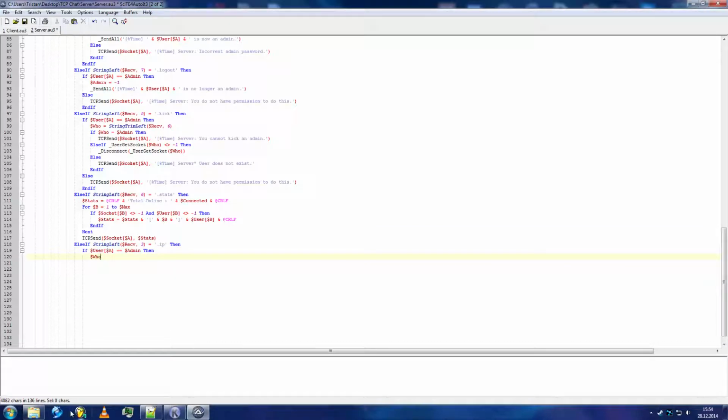So if the user is an admin, we want to create a who. String term left. And then a who ID